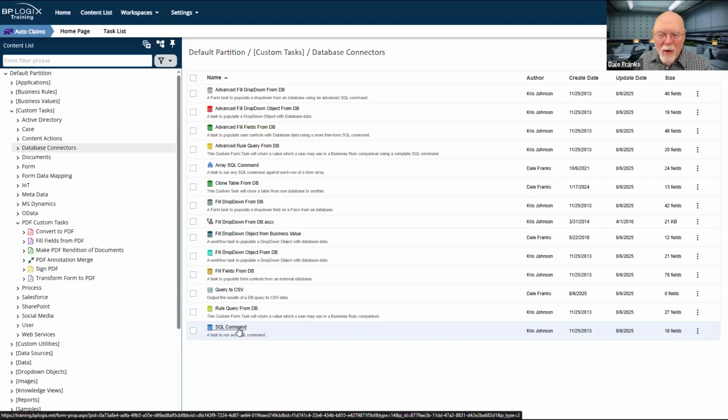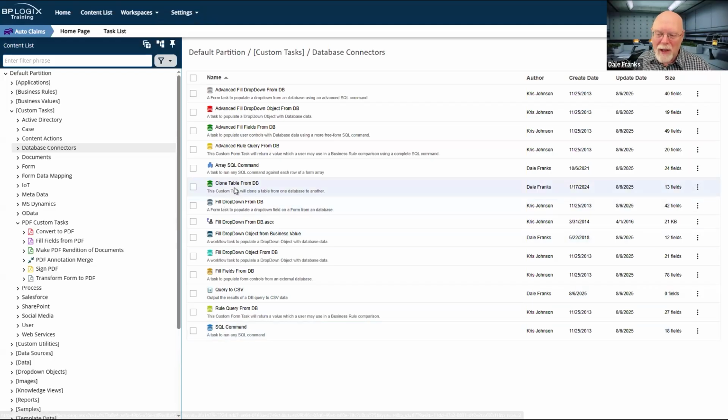Outside of those, clone table from DB. So there's another one that is useful in some circumstances. But outside of that, most of these database connectors custom tasks are largely, and I say largely, not entirely, deprecated. There are still some circumstances where you might want to use one of the custom tasks for that. But for the most part, you're going to do this via business values.